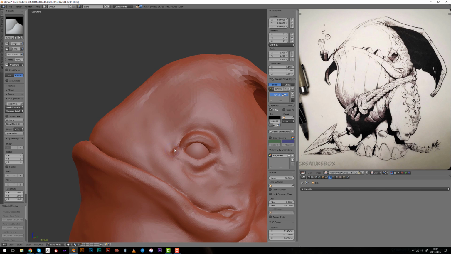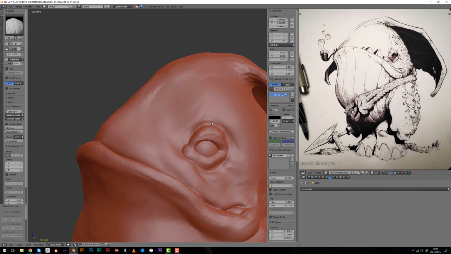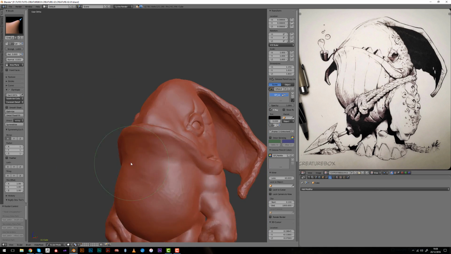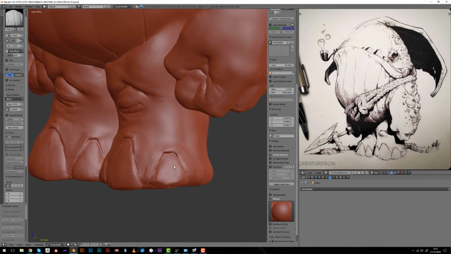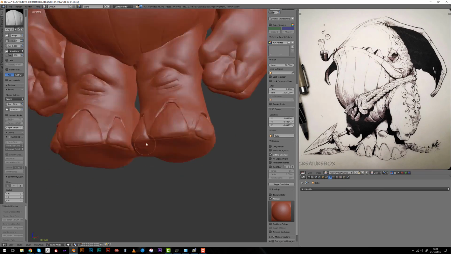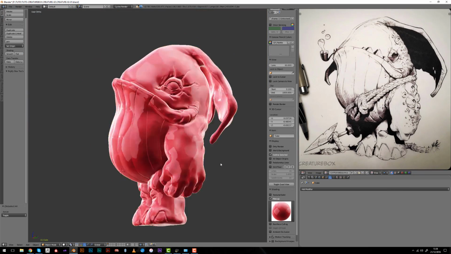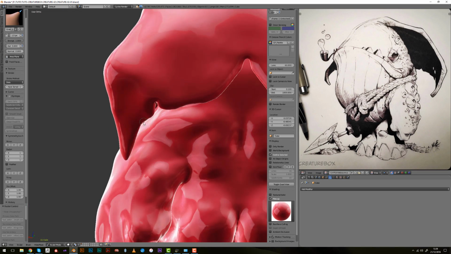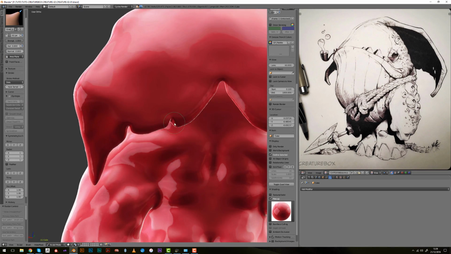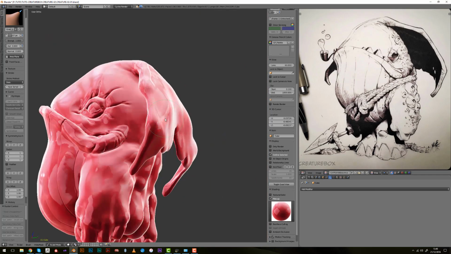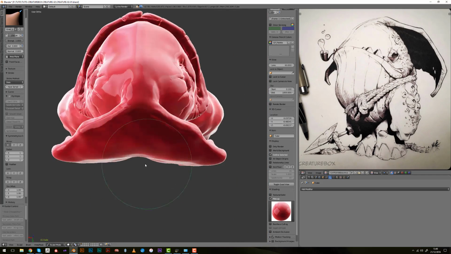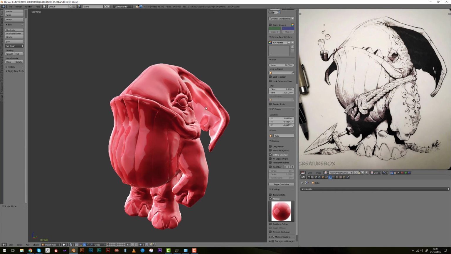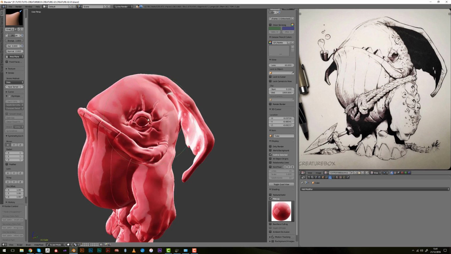At this stage I don't go that much into details, even if I add some wrinkles and stuff like this, just to see if the character is currently walking, and it helps me read the proportions. I add some details on the ears or the tail, I don't know how to say it, before I go for retopology and make some retouches and reshapes on the main surface and the main shape of the character.